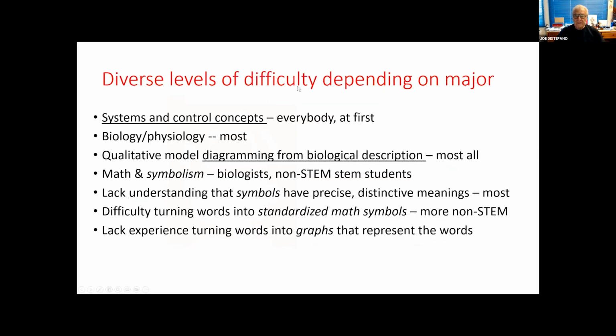So here I try to lay out the topics, the levels of difficulty depending on the major. So first of all, my philosophy is I come from a systems and control background, and so systems and control concepts are my primary paradigm for formulating, of course, mixed with the usual compartmental and other ideas that come from the other paradigms doing biological modeling. So systems and control concepts, actually all of the students, particularly CS, not so much bioengineering, have difficulties with this at first.